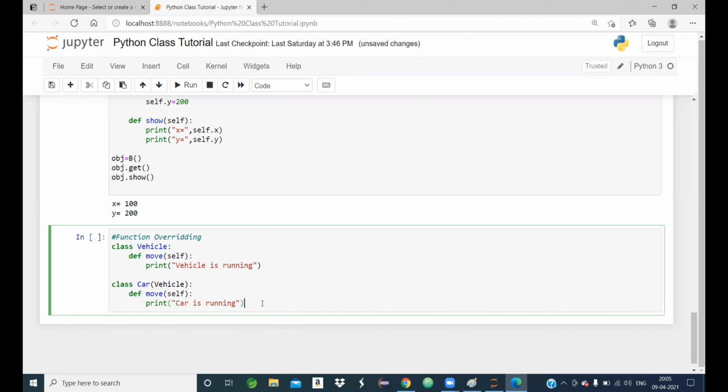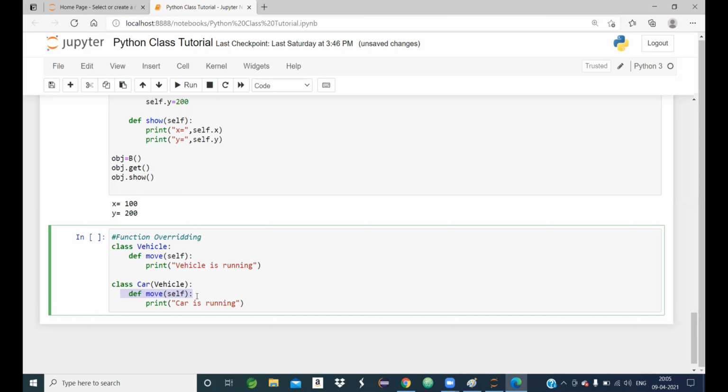Now you observe the function definition. The function and its signature in the parent class and in the child class are exactly the same. The function name is move, the move function has no argument, and self is a keyword that is mandatory.